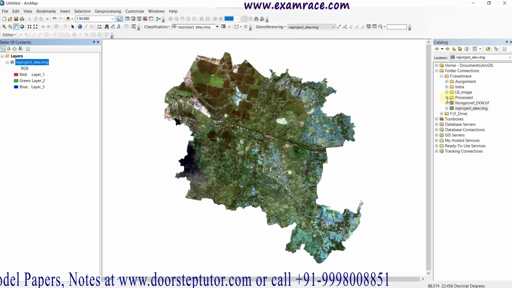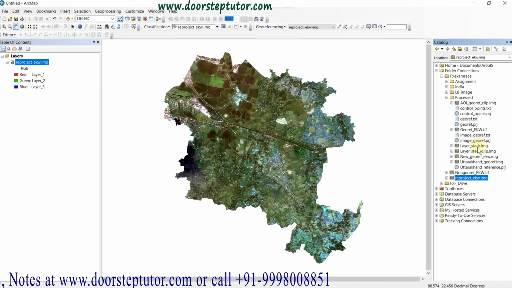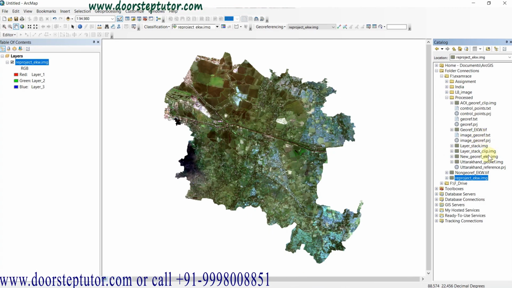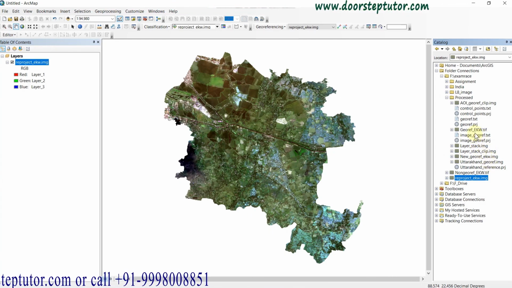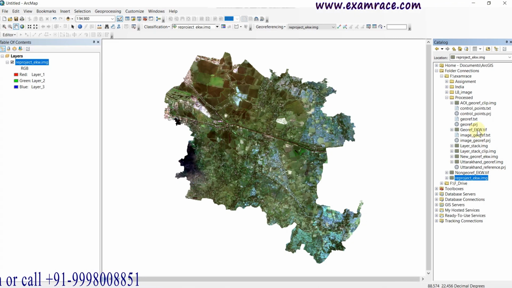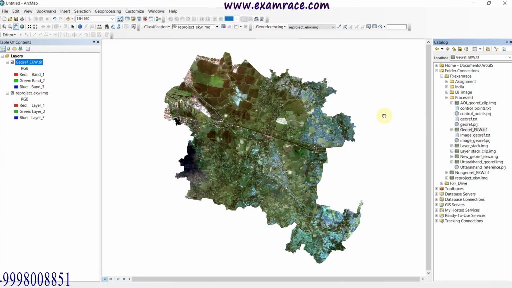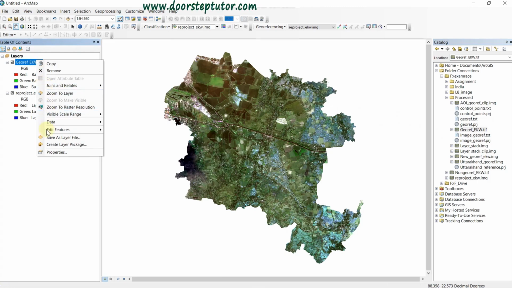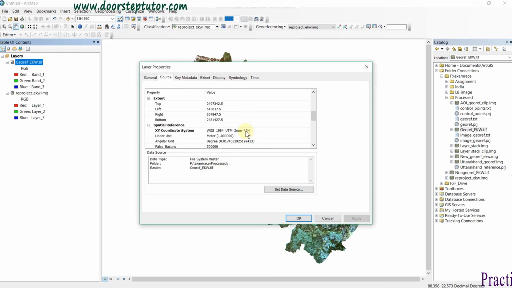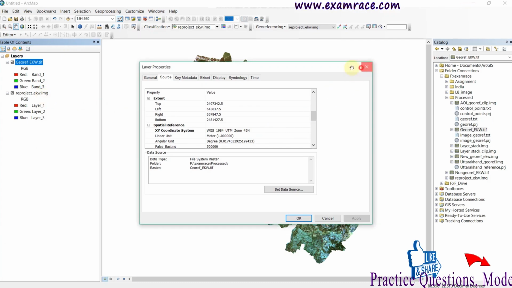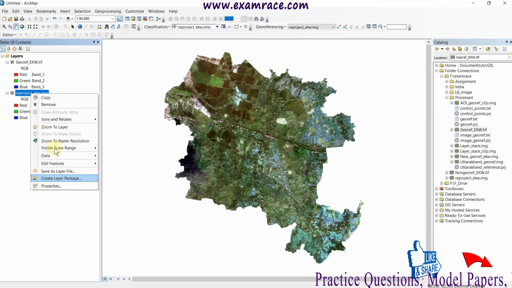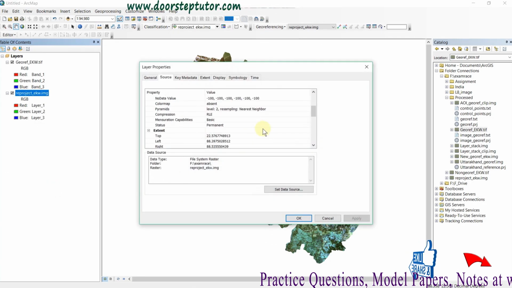And if we open our georeferenced image, that is the georeference EKW, and if you open the properties, it is WGS 1984 UTM zone 45 north, and the reprojected system is GCS 1984.